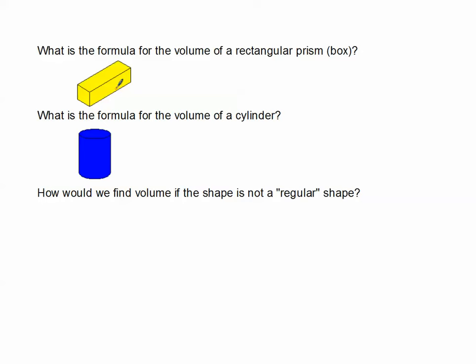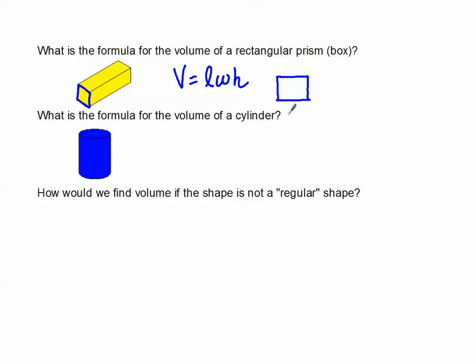We know formulas for certain solids that are of regular shape, such as a rectangular prism or a cylinder. What is the formula for the volume of a rectangular prism? You probably remember it as length times width times height. What does that mean in this picture, and why is it length times width times height? If I take one slice of this rectangular prism, looking at it from the end, that slice is a rectangle. So looking at that rectangle head on,